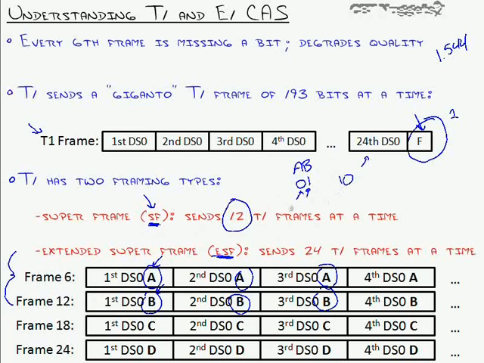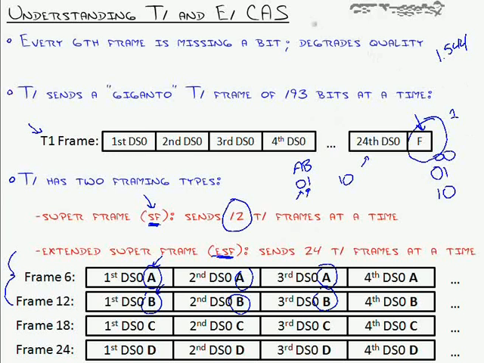Each one of those means something. When I put those back together, that means the phone is off hook, or the phone is on hook, or the phone is ringing, or if I had a 1, 1, or a 0, 0, all of them mean something. Now, I can't just lay it out and say, if I'm using superframe, 0, 1 always means the phone is on hook, and 0, 0 means it's off hook, and 1, 0 means it's ringing. You can't say that, because there are different types of signaling out there. And I know this is where it's starting to go, huh? What are you talking about?